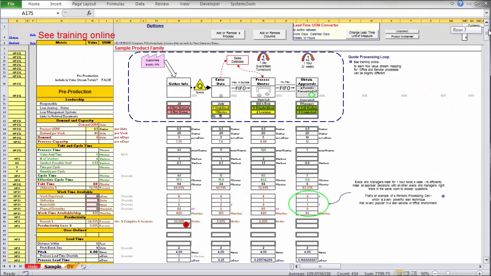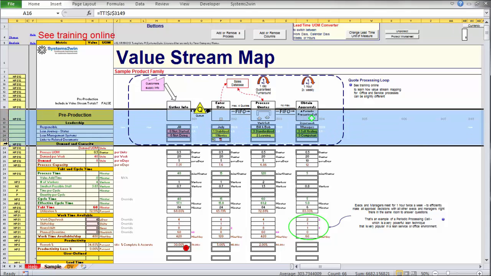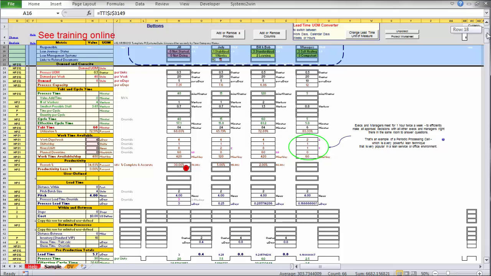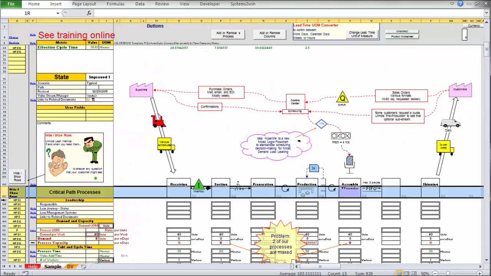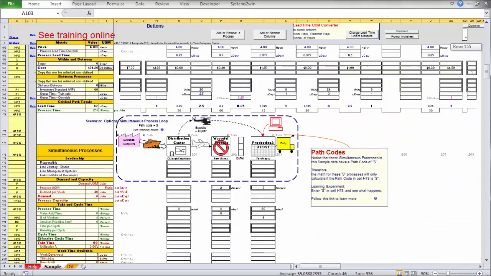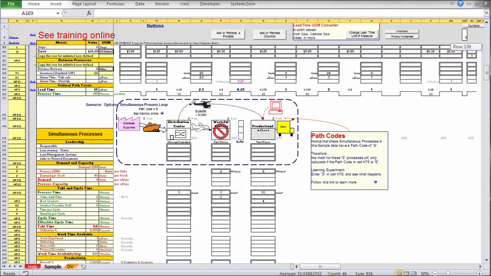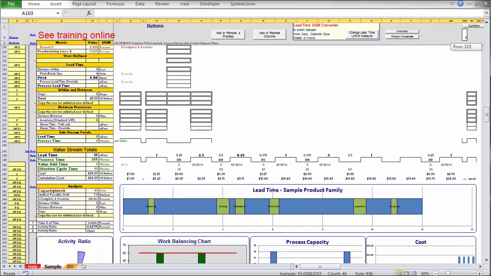And now you say, gosh, there's a lot of rows here. Look, there's this whole tier for pre-production. What we're doing here is we've got a quoting process, because we're an engineer to order, that needs to happen before the critical path tier, which maybe has some simultaneous processes that happen at the same time and feed a downstream process. We can have multiple layers of those.